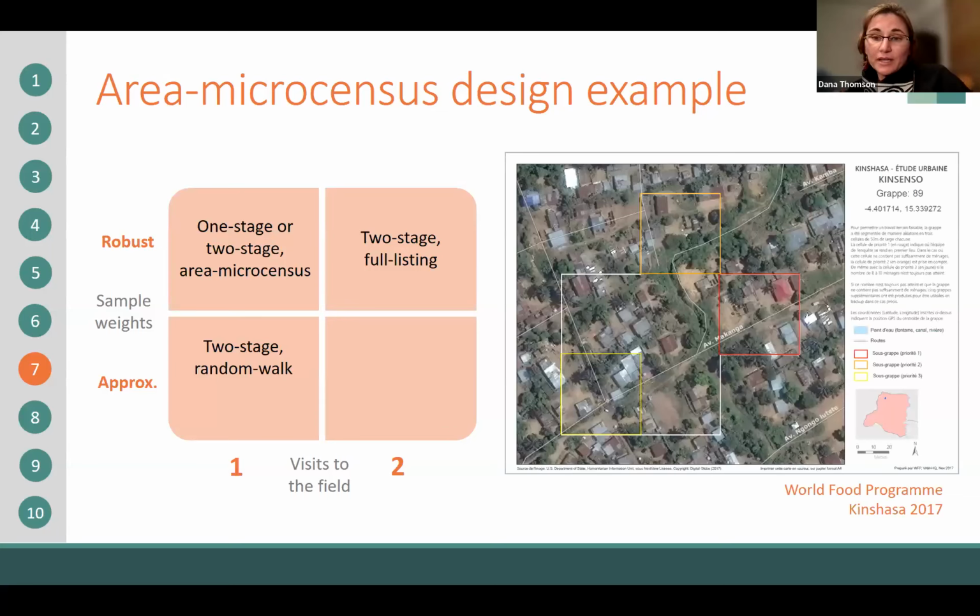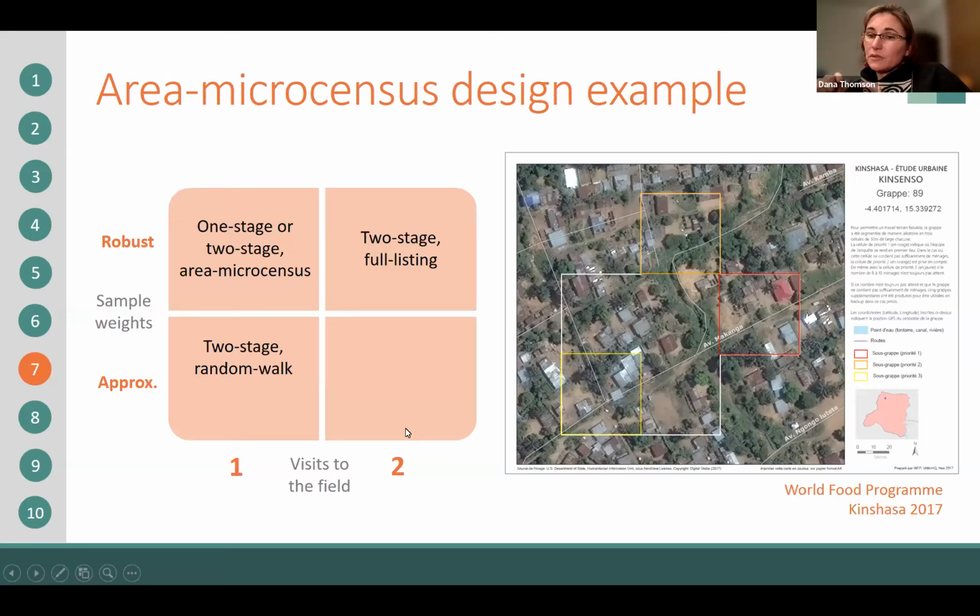So I'm going to feature one survey that the World Food Program did back in 2017 now, that I found very inspiring and is the basis for a bunch of these recommendations around area microcensus sampling. They did something which we are calling a two-stage area microcensus design. They had sampling units comprised of multiple grid cells that were approximately the size of a typical census unit, say 100 households. They decomposed the sampling unit into the underlying grid cells, and then they randomized the grid cells. Their field protocol was that the field team would go to the first cell, in this case, the red cell,